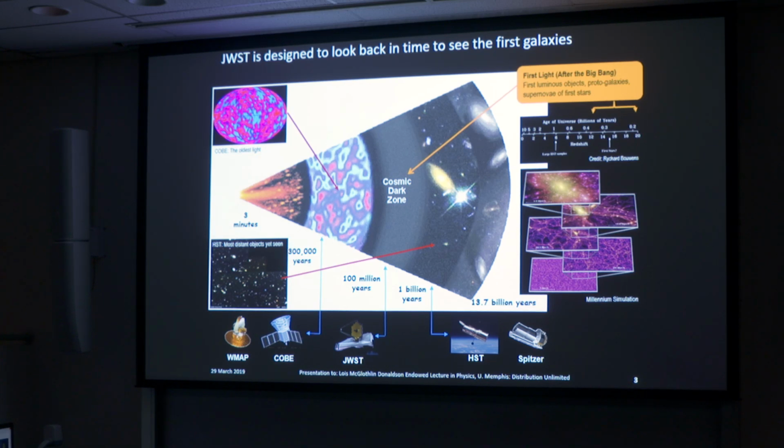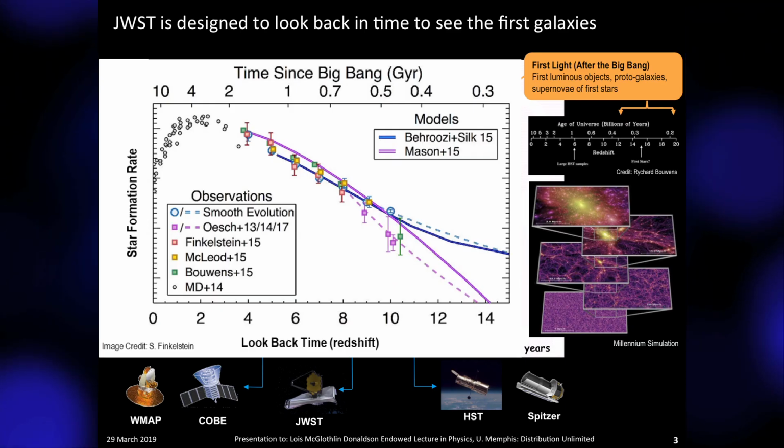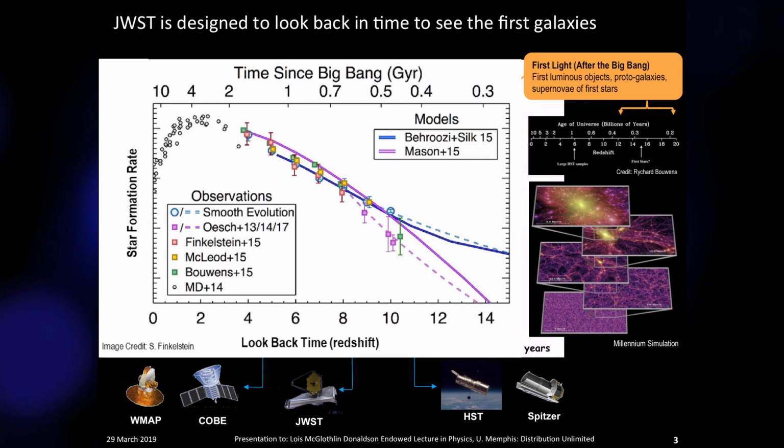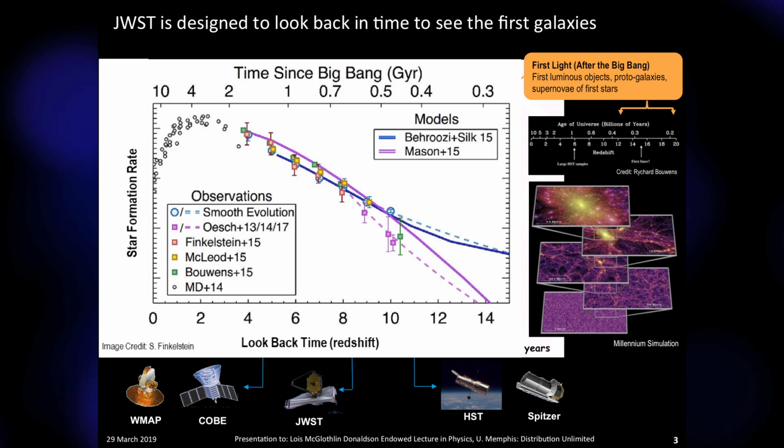And it's important because it is at this time that the first stars and galaxies formed. And the reason we've never seen it before is we've never had the right type of telescope. And that is much of what JWST was designed to do, to observe the cosmic dark zone and see the birth of the first stars and galaxies in the universe. I'm not going to show you a lot of heavy-duty science, so don't get nervous.